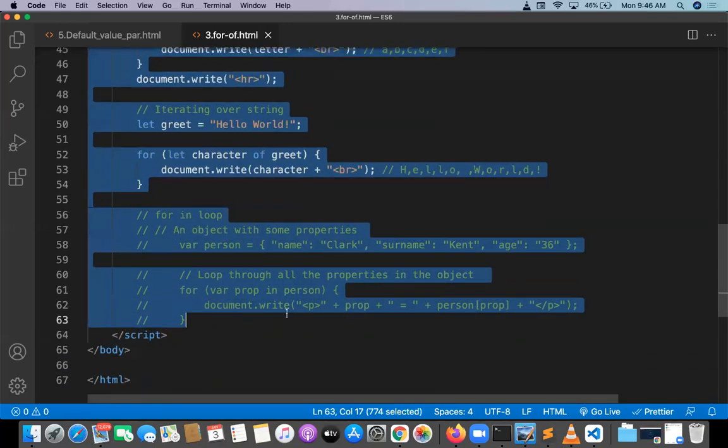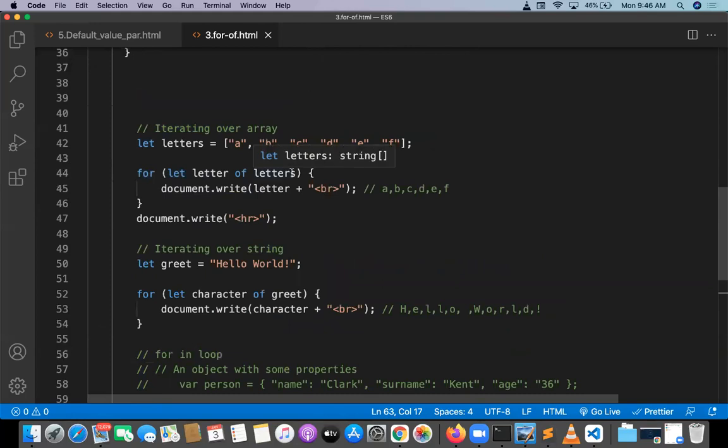Now we are going to be working on the for of loop. So how to work with the for of loop? There is a letters array. In this array, we have a lot of characters like A, B, C, D, E, and I want to iterate each and every letter from the letters. So let letter of letters. Whenever you have the in, there we are going to be giving of. Automatically we can go with document.write letter, and each and every letter I am able to fetch. So that is the one way.